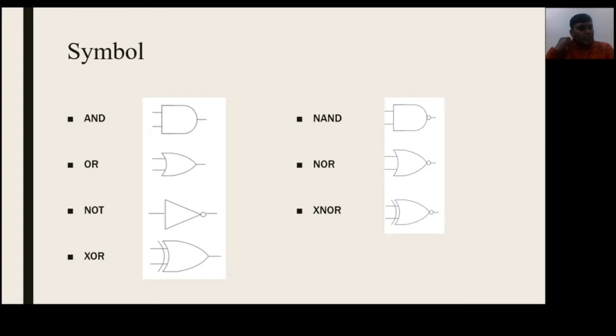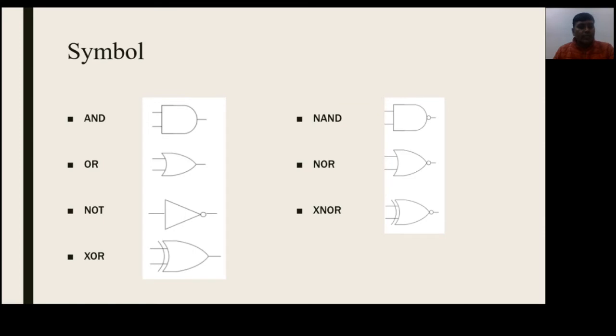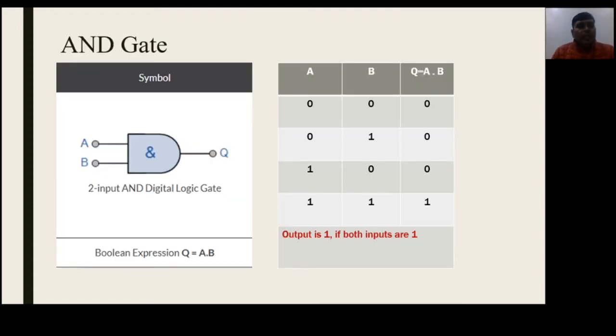Next is symbol corresponding to each gate. AND gate is represented using this symbol. All these gates are represented using the following symbols. These are normally the symbols corresponding to each gate. Okay. Now we will discuss the truth table of each gate individually. First, NAND gate,